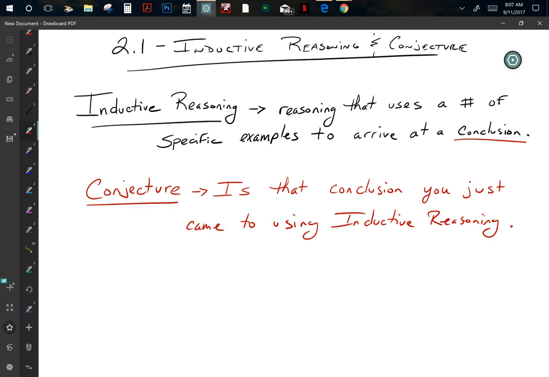And it's not always accurate. If for the first 10 days of class, when you came into class, I had a pair of glasses on, then the 11th, you might make the conjecture that what? Coach Stump's going to wear glasses every day. But then you came in on the 11th and my contacts came in. I was wearing contacts. You see what I mean? It's not a foolproof way of reasoning, but it's a solid one. Okay?